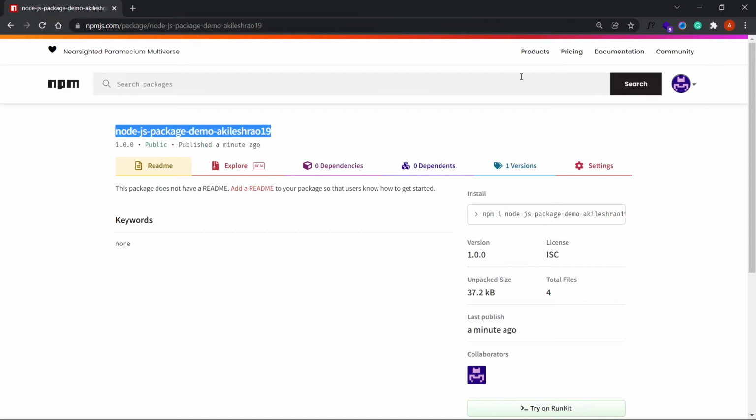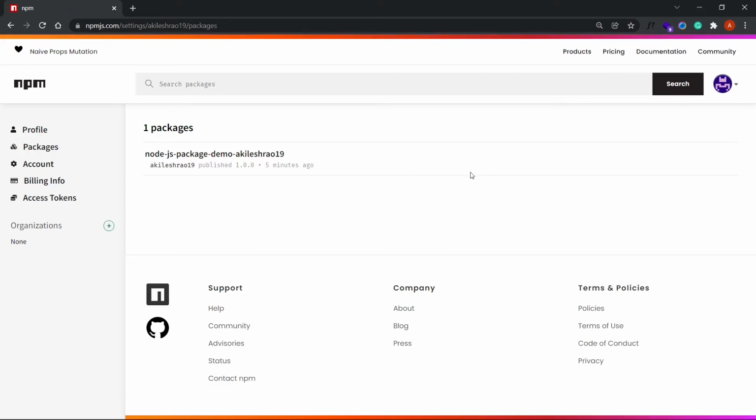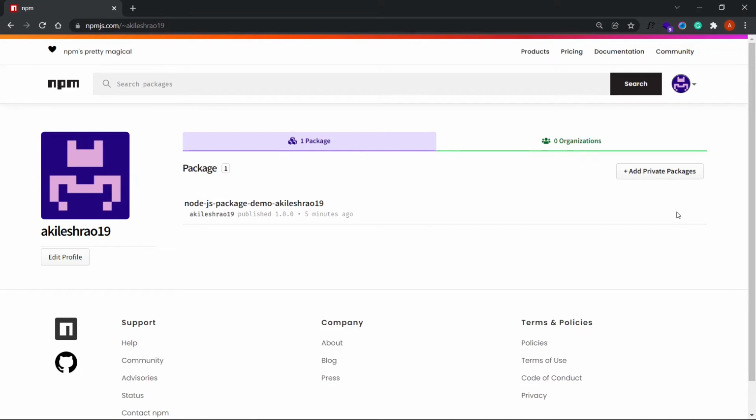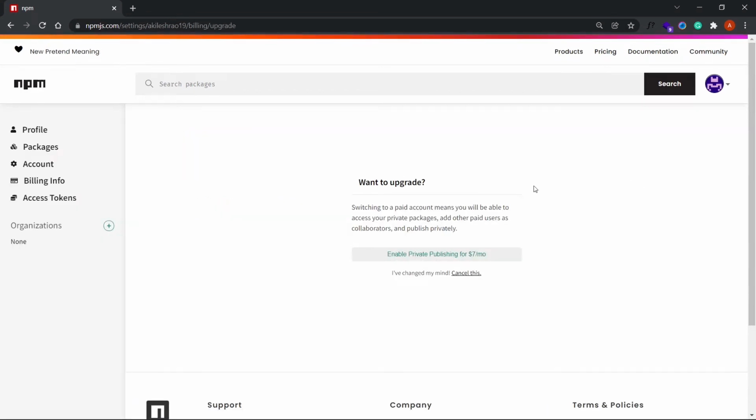So if I go to npm and look at my packages here, there will be an option to add a private package somewhere. Yeah, add private packages. If I click here, it normally asks for a payment method, because if you want to publish private packages, you'll need to have a subscription of some sort.